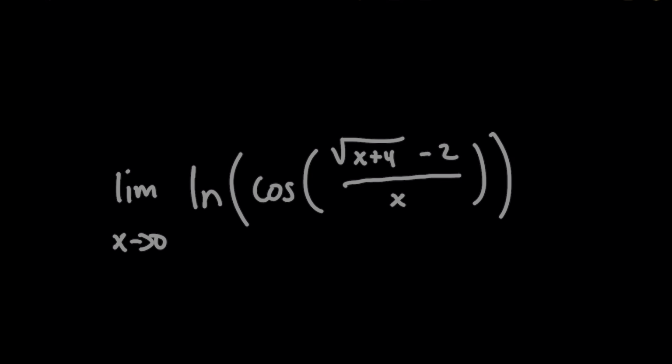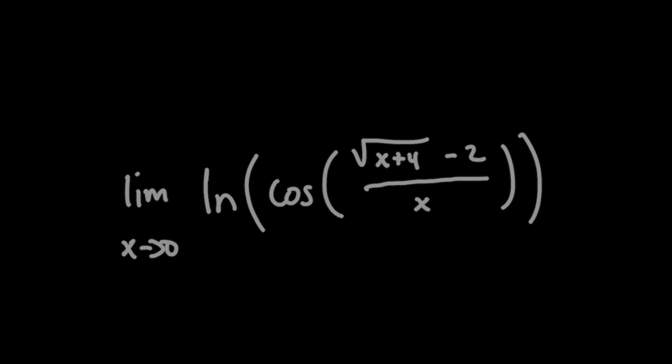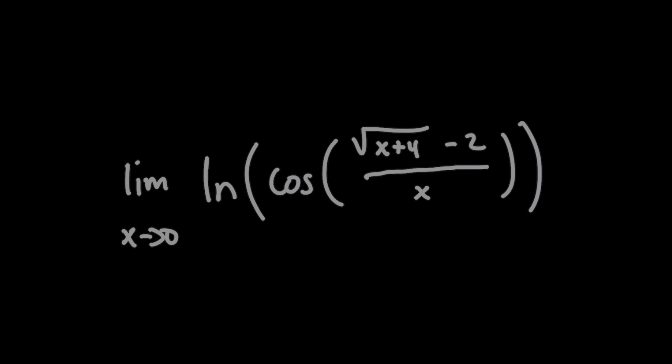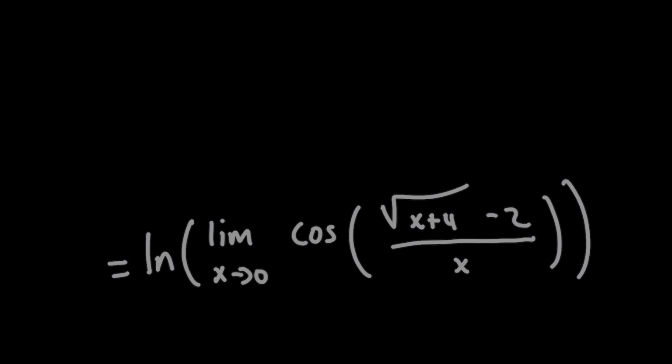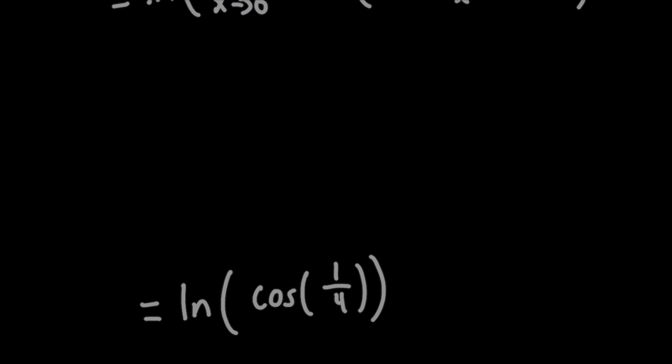Now, the reason why that's important is because that's greater than 0, and because the natural log here has a domain that is continuous as long as x is greater than 0, we can use a property of limits and continuity here, where this outer limit now can be brought on the inside. But we already know what the inside is, right? We found it earlier. It was the cosine of 1 over 4. So you save time here because now you can just simply plug in that